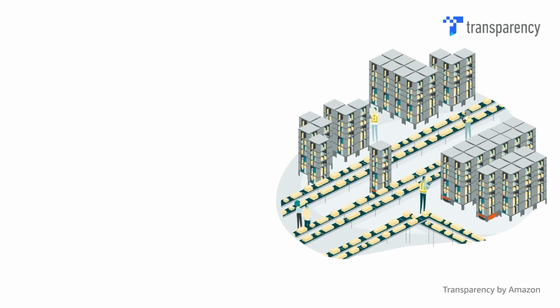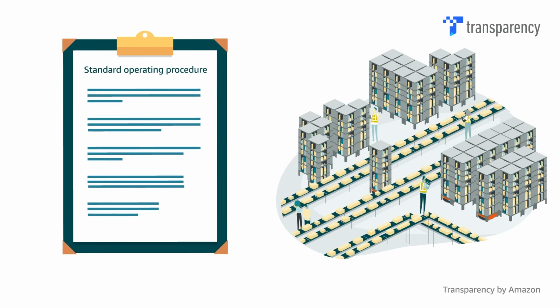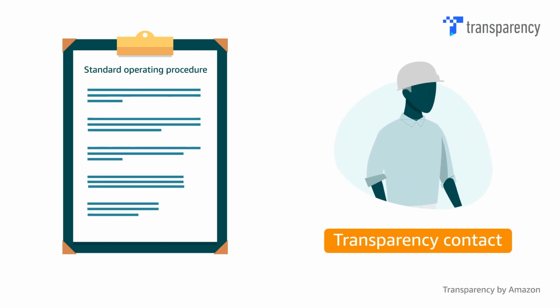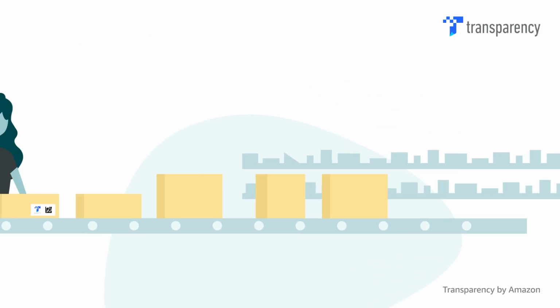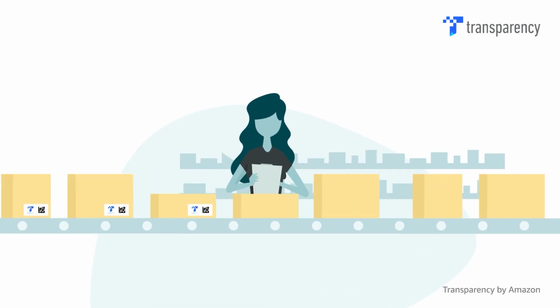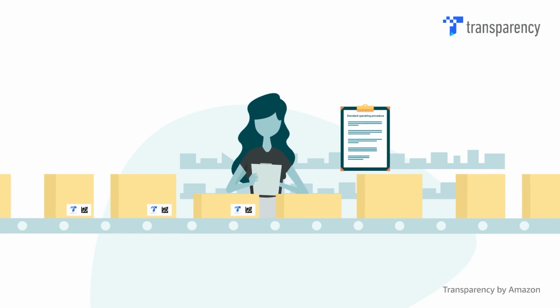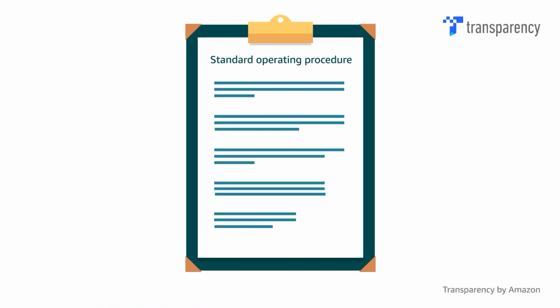The Standard Operating Procedure or SOP document will ensure you implement a consistent process to accurately label your inventory. You will complete and submit an SOP to your transparency contact. You may display the SOP in an easy-to-access location for others, such as your manufacturer or warehouse staff, to use as a guide when labeling. Your transparency contact will provide an SOP template for your reference.